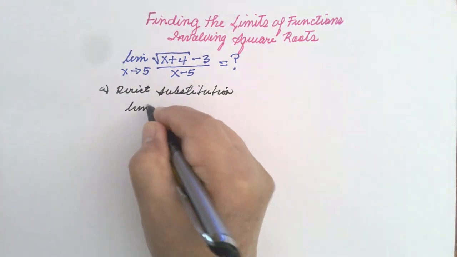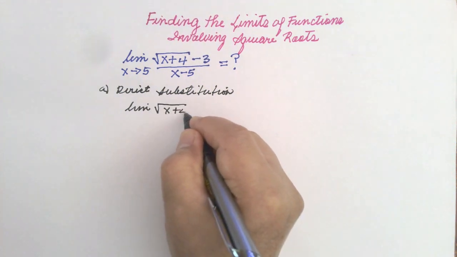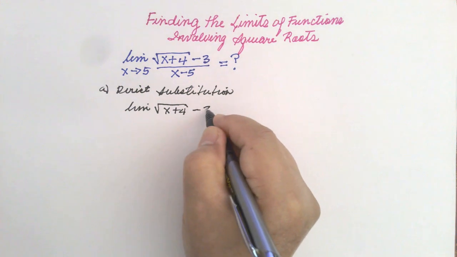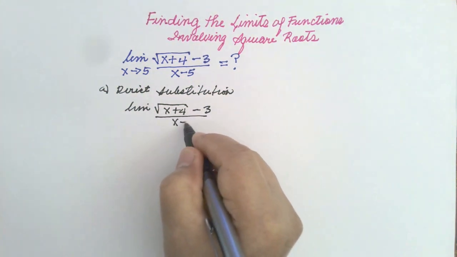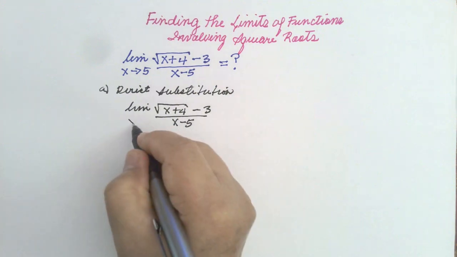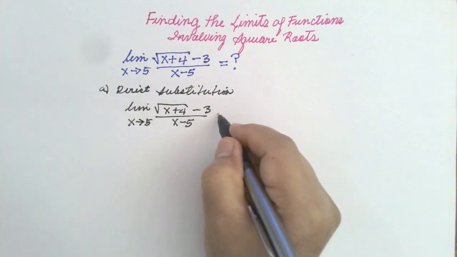The limit of the square root of x plus 4 minus 3 over x minus 5 as x approaches 5 equals,